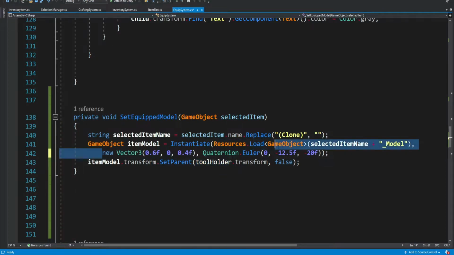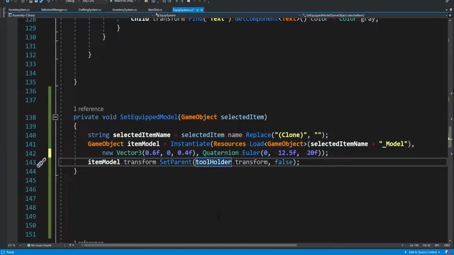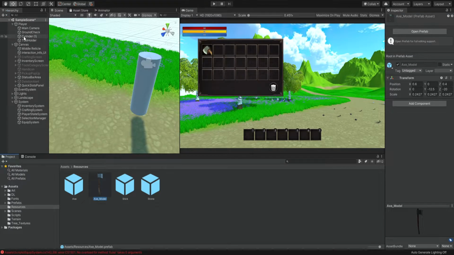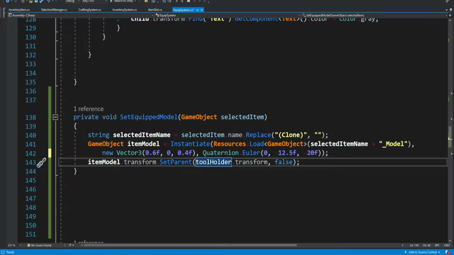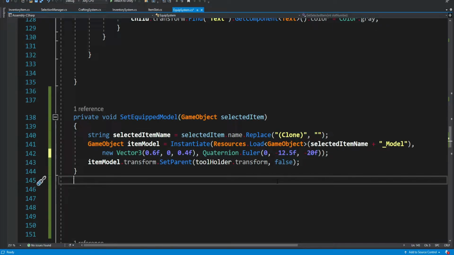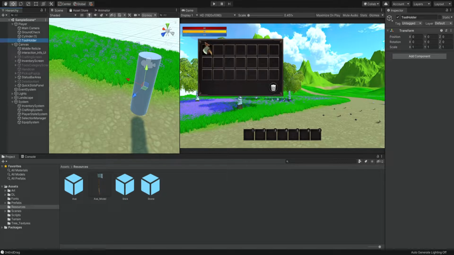So these positions and rotations will be relative to this tool holder. That's why this tool holder, I made it the default positions, okay? So I'm not touching the positions of the tool holder, I'm simply going to change the positions of the axe. So all you need to do is find the values that work for you so that your tool will appear in the exact position that you want to, okay? Now, after we do this, it should work, okay? So let's save this. And we already have an axe inside our inventory because I don't want to craft the axe each time to test this out.